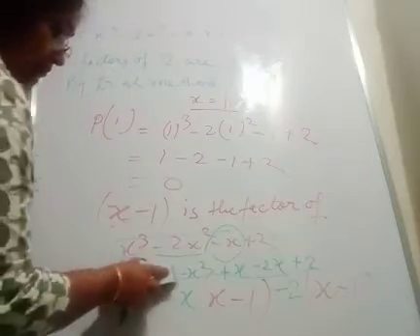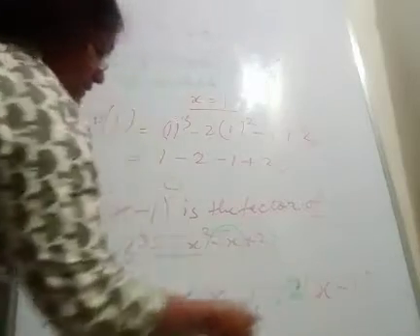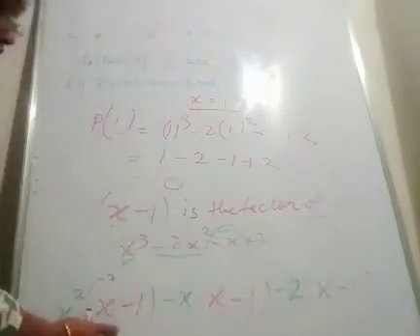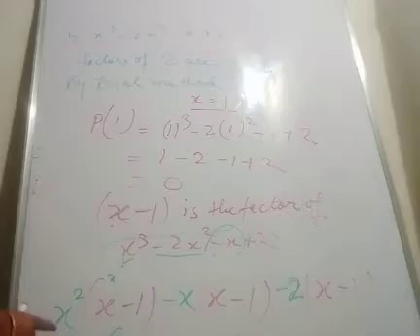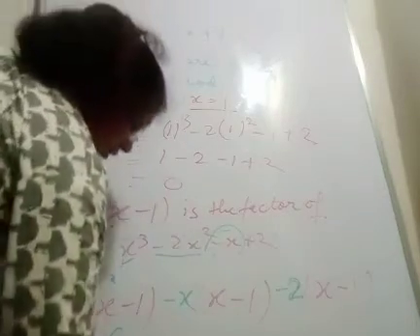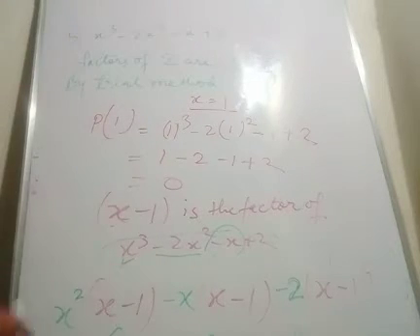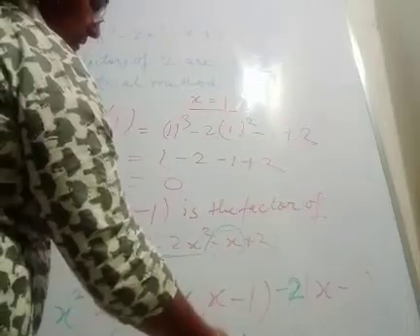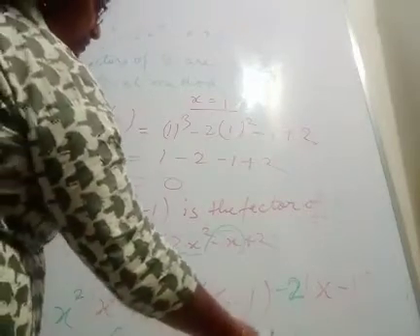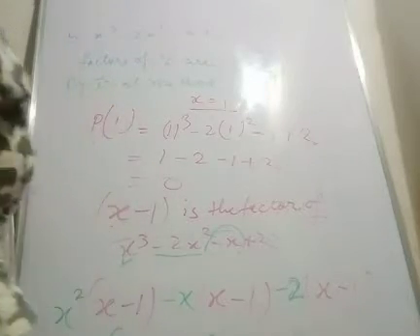So here we get x minus 1 as the common factor. Okay students, write x minus 1 in one bracket and x square minus x minus 2 in another bracket. So here we get x minus 1 as a factor at the very first, and one more factor we get, that is x square minus x minus 2. X square minus x minus 2 is a quadratic polynomial. So we can again factorize this x square minus x minus 2.